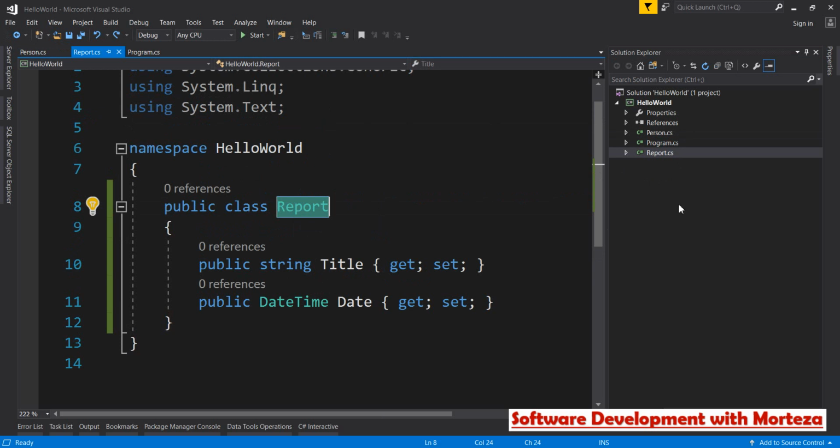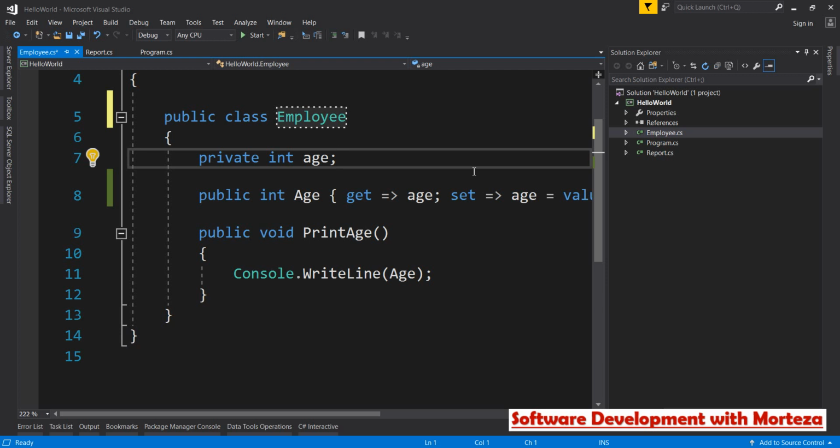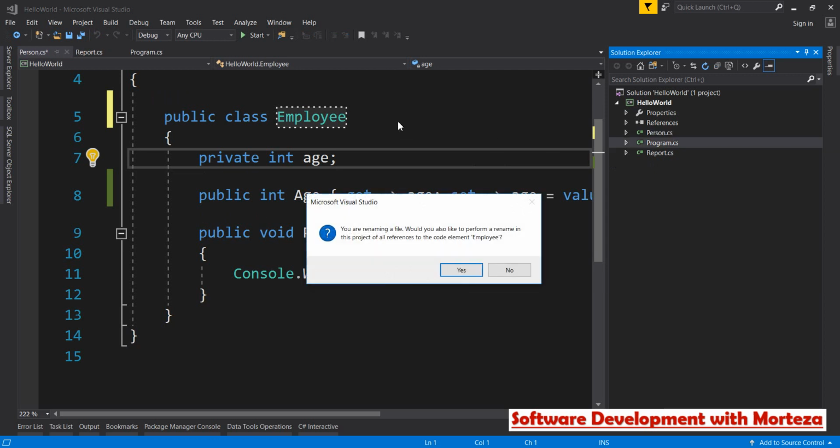But after a while, or because of some changes, you decide to change the name of this type. For example, from person to employee. And of course, you want to keep the name of the code file in sync with the name of this type. So this is what you have to do. You have to copy this employee. You have to come here and rename the file to employee.cs, which is a very boring thing to do, right? So if you don't want to do this, there is fortunately